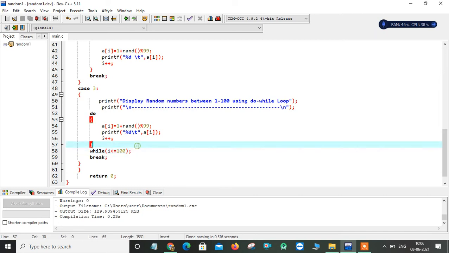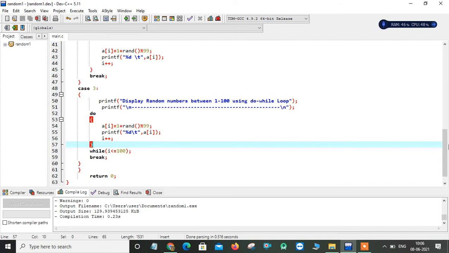This do while is said to be exit control because it controls when you exit from the loop, whereas while is said to be entry control and it controls when you enter into your loop. That's the only difference. So in this way you can generate your random numbers by using 3 versions of loops.